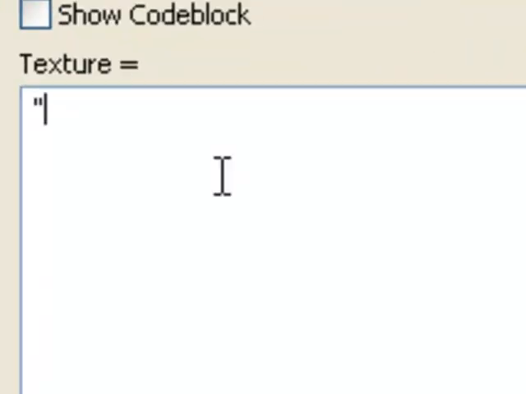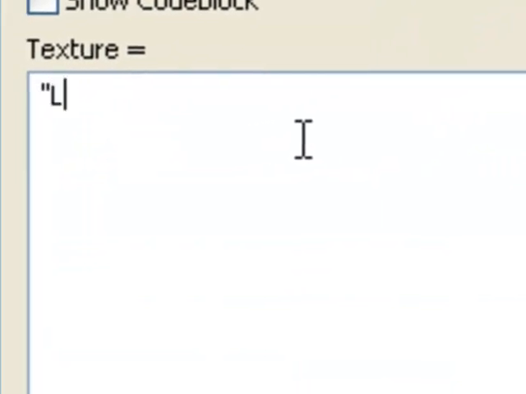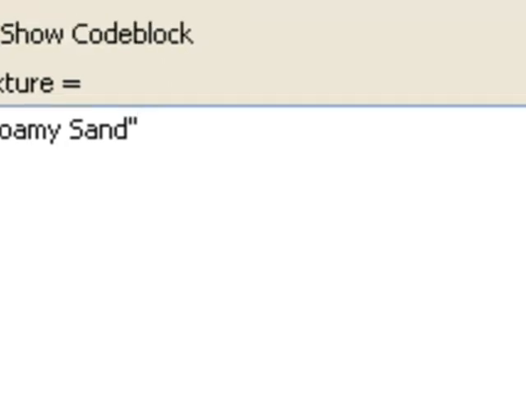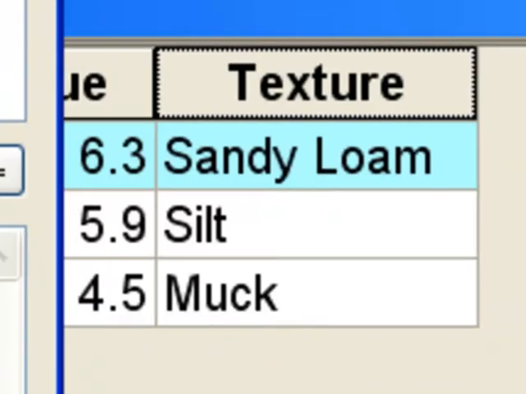So that basically says, okay, here comes the start of our text field. And we're going to change it from sandy loam to loamy sand. So loamy sand. And then when you're done with entering your text, put another double quote to signal that's the end of the text field. And then OK will change that